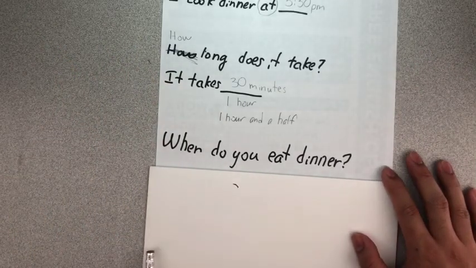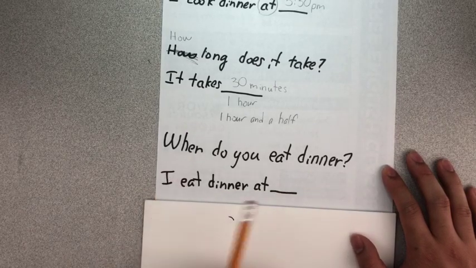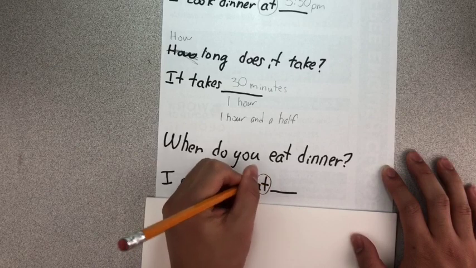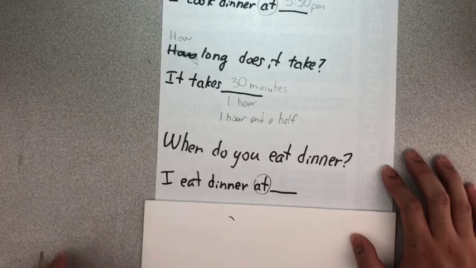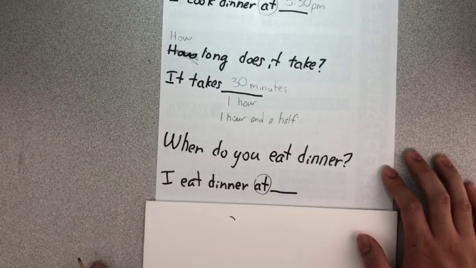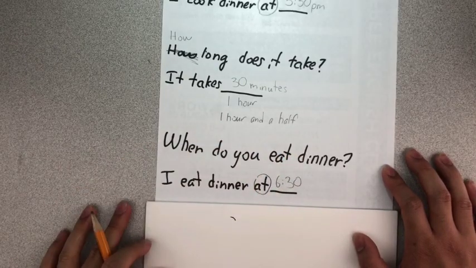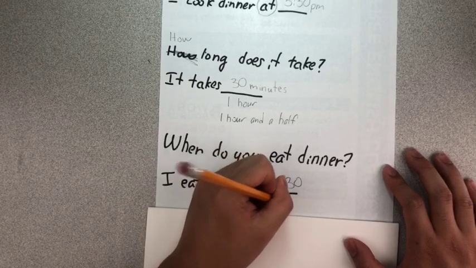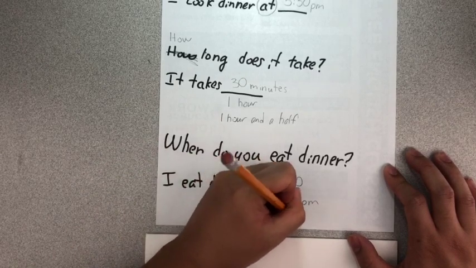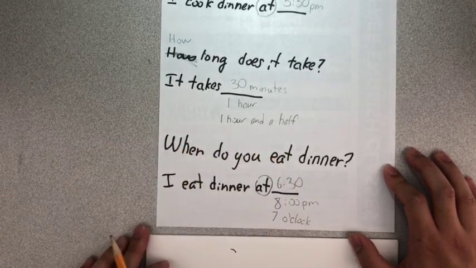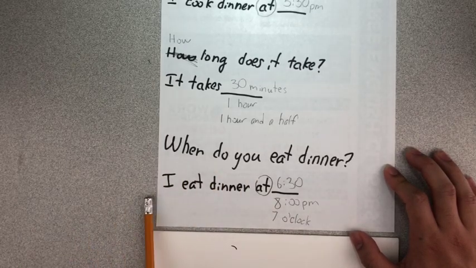When do you eat dinner? I eat dinner at. Again, we have the word at. So we know the next word is a time. What time do you eat dinner? I eat dinner at 6:30. I eat dinner at 8 p.m. I eat dinner at 7 o'clock. When do you eat dinner? What time do you eat dinner? I eat dinner at